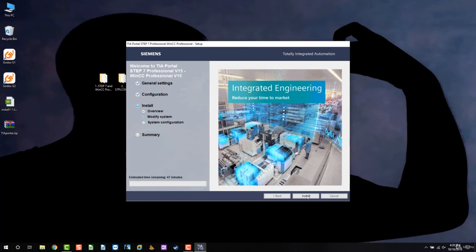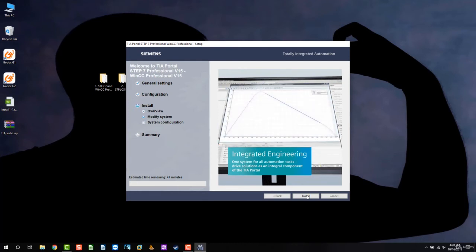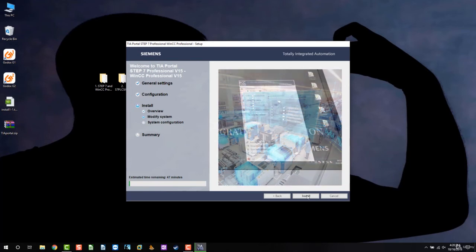Bear in mind that my computer is a beast. It's got solid state drives. It's got 128 gigs of RAM. It's got a Deca-Core Extreme Intel processor. And I don't know what you're working with, but I'm guessing your machine is probably not as beast as mine. So when my beast computer takes 47 minutes to install this software, and believe me, it does take probably about every bit of that, when my computer takes that long to install,